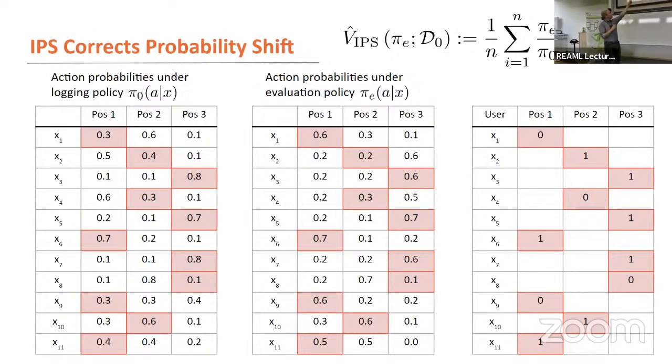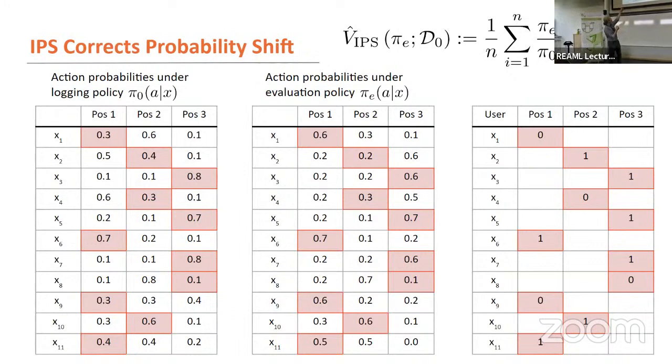So what this IPS weighting does is, because 0.6 is twice 0.3, if you look at that probability ratio, it's 0.6 divided by 0.3, that's a factor of 2. So it double counts. It counts that observation by a weight of 2, right? And so that kind of gives you, oh, yeah. Now, this new policy would have picked it twice as often as the old policy. So if I multiply it with a factor of 2, in expectation, I get the right thing, right? And for the second line as well.